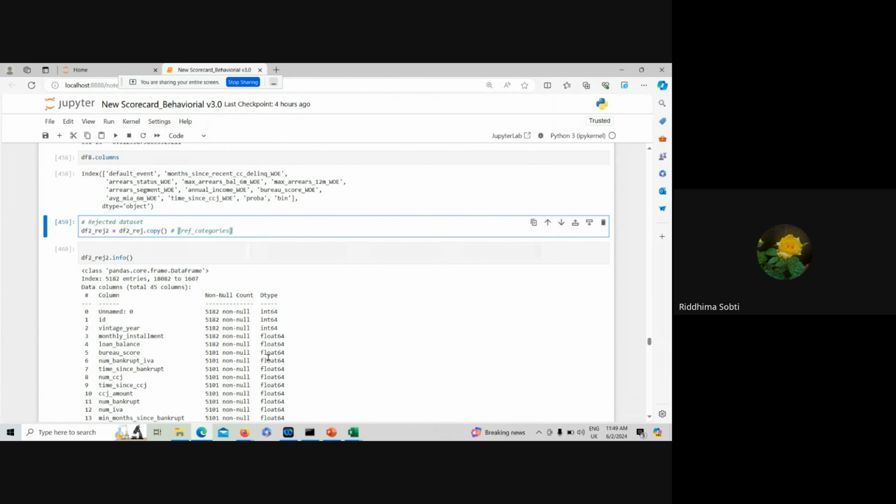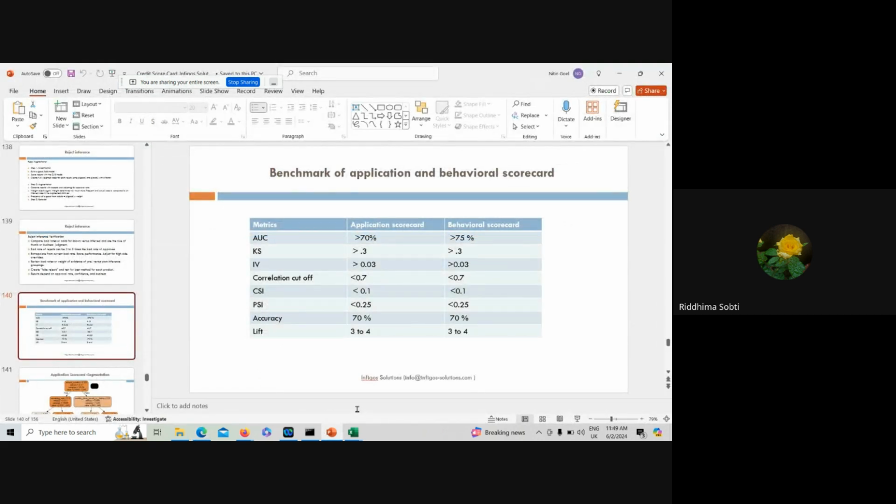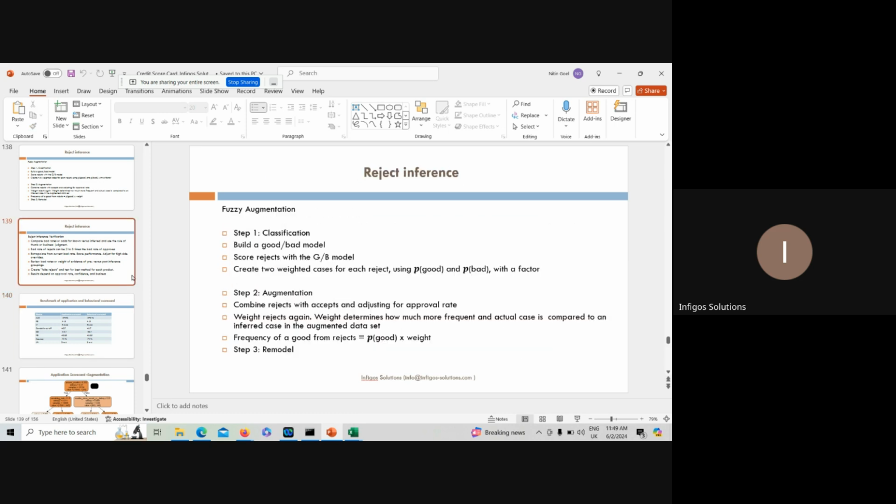Sir, I have one question on the bad rate. It must be 2 to 8 times that of the approved. So is it that the first scorecard has some bad rate, and the second scorecard, after the augmentation, that overall bad rate must be higher? No, not overall. If you look at this slide here,